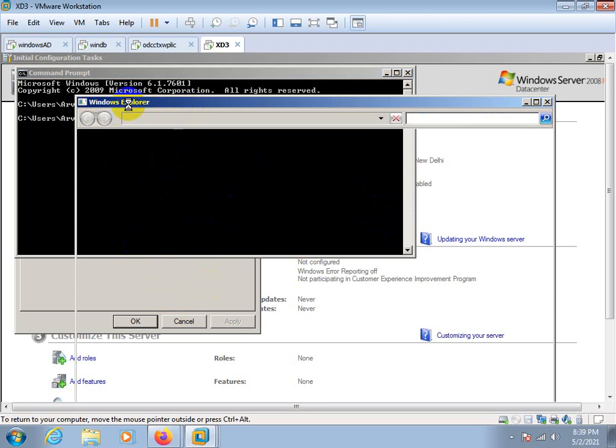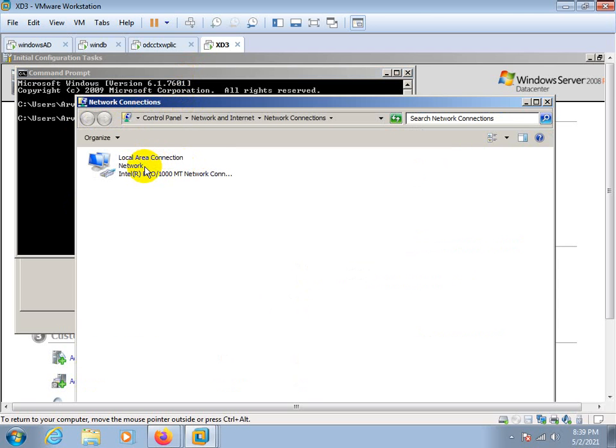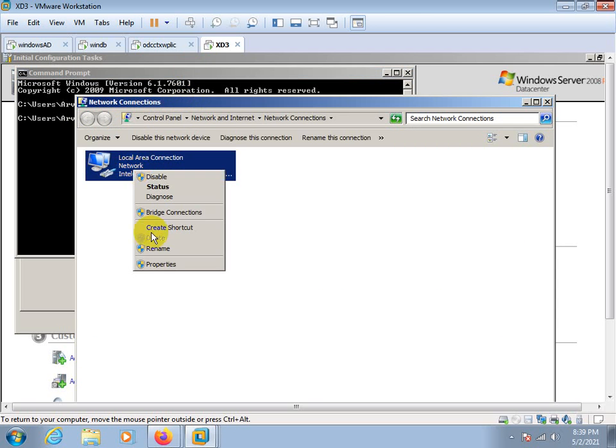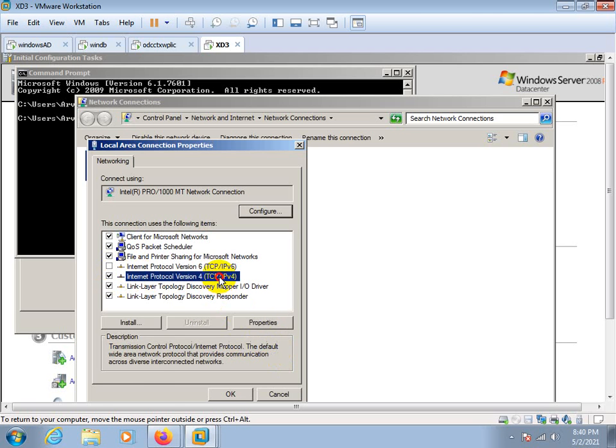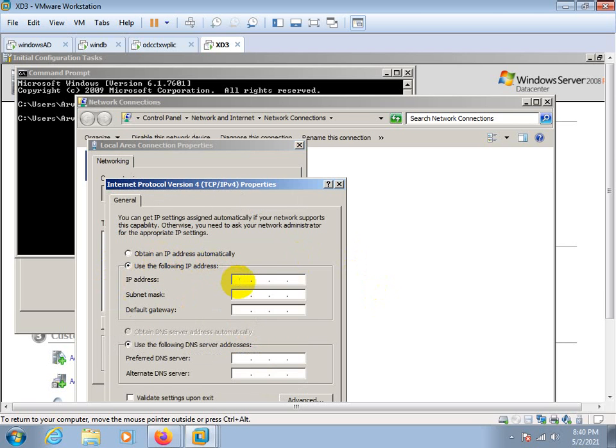Let it open CPL and then one nine eight, one nine nine one two three, one nine nine one six eight zero one is the DNS IP.